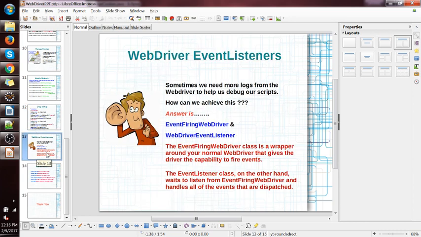Okay, WebDriver is okay. So actually we all crave that WebDriver could provide us more logging details, right? When I started automation, what I used to do earlier, which has been a trend these days,